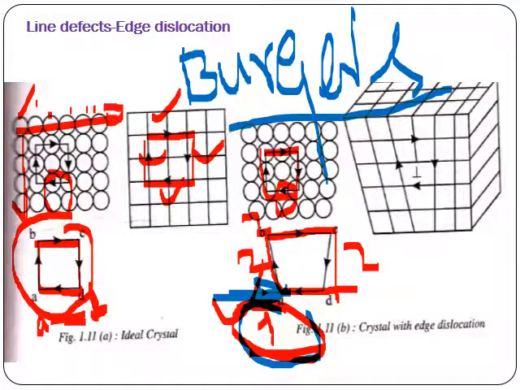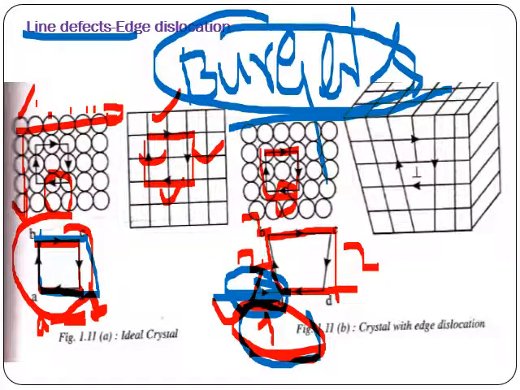Burgers vector. A Burgers vector is the one which gives the magnitude and direction of the line dislocation. So here it's an edge dislocation. How exactly are we going to find it? If it is a perfect crystal, all the sides will be equal. If there is a termination of a plane of atoms within the crystal, then any one side will be shorter. So the direction and magnitude is defined with the Burgers vector.